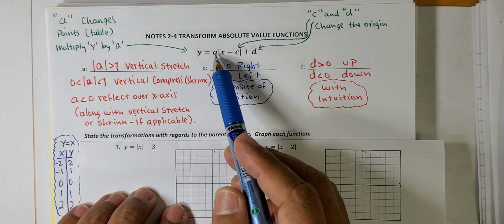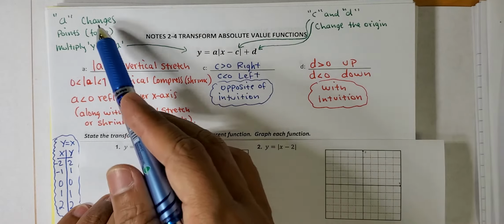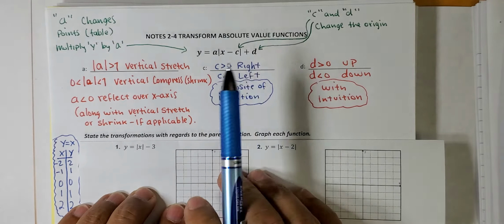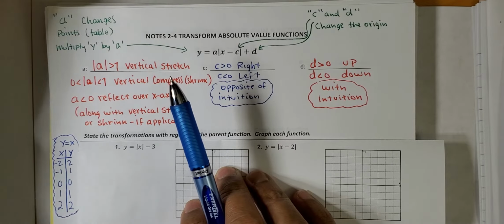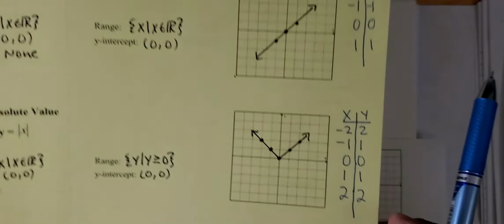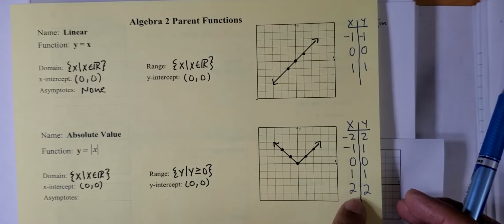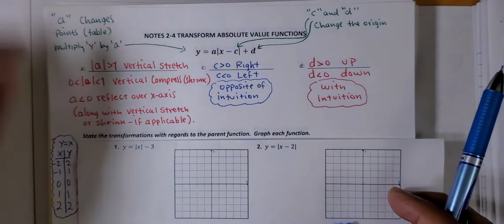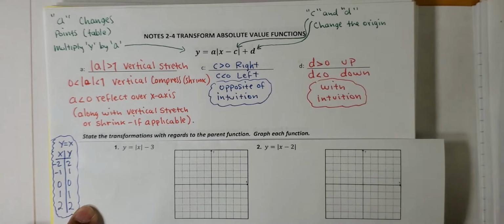So if you see this A value here, that A value changes points on the table, and when I say table, I mean this table, and I gave you this table in the notes from yesterday, the video that you watched before this one. I'm talking about this table here for the absolute value function. So I just copied that table to help me and not take too long, okay. So